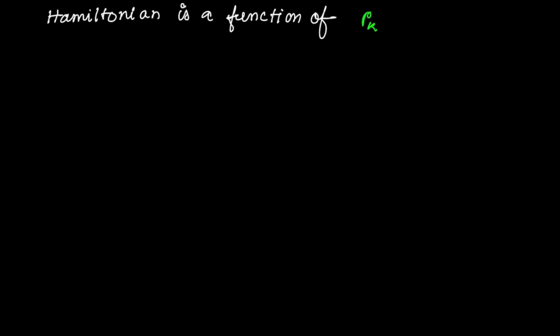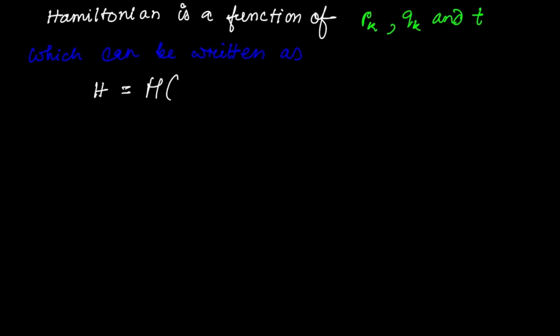Now, the Hamiltonian is a function of momentum pk, position qk, and time t. So pk means momentum, qk is position, t means time. The Hamiltonian function can be written as H equals H of qk, pk, t. Okay, so its total differential